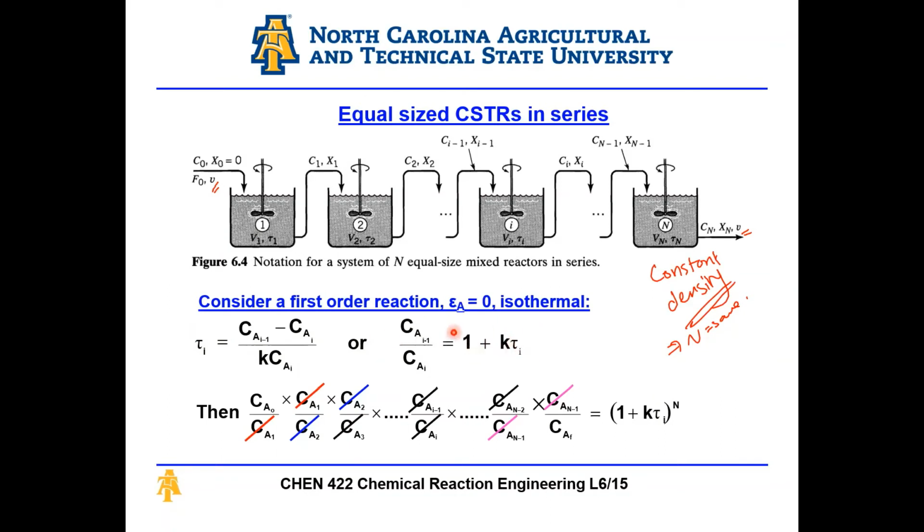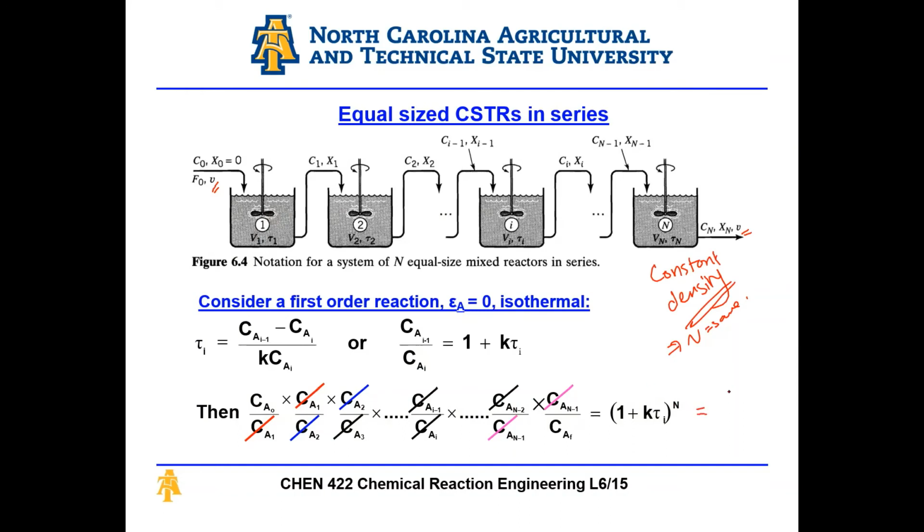Okay, so now what I'm going to do is multiply this ratio from C_A0 all the way to C_An to get the ratio of C_A0 to C_An. So if I get C_A0 over C_A1 multiplied by C_A1 over C_A2 multiplied by C_A2 over C_A3, all the way to C_A,n-1 over C_Af, I'm going to get 1 plus k tau i to the power n, right? So basically multiply this ratio for each reactor from 0 to n. I'm going to get the final expression, which is equal to